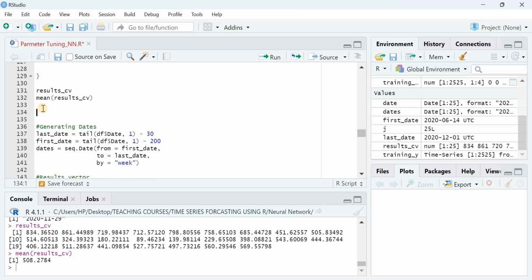Yeah, so I just need to repeat the same process with respect to a possible set of parameters, and do the final parameter